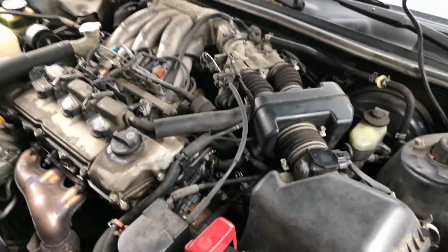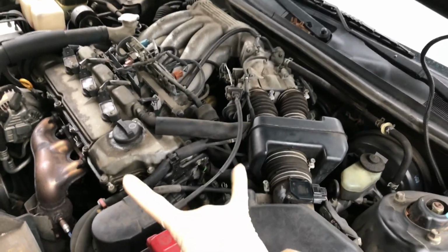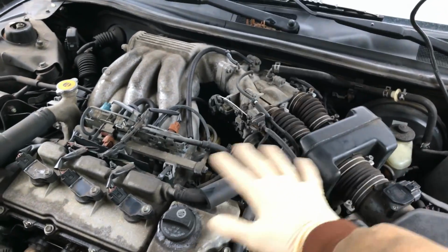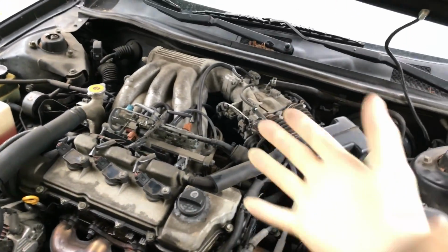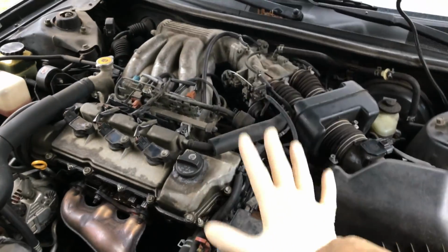Okay, so on this car, there's two VVT solenoids. There's one for the front cylinders, and then there's also one in the back. Now this is a V6, a 6-cylinder, right? So it has two. Cylinders 1, 3, and 5 are in the rear. Those are the ones that are misfiring. So that already lets me know that the rear VVT solenoid is bad or something's wrong with it, right? I want to let you guys know the first thing to check